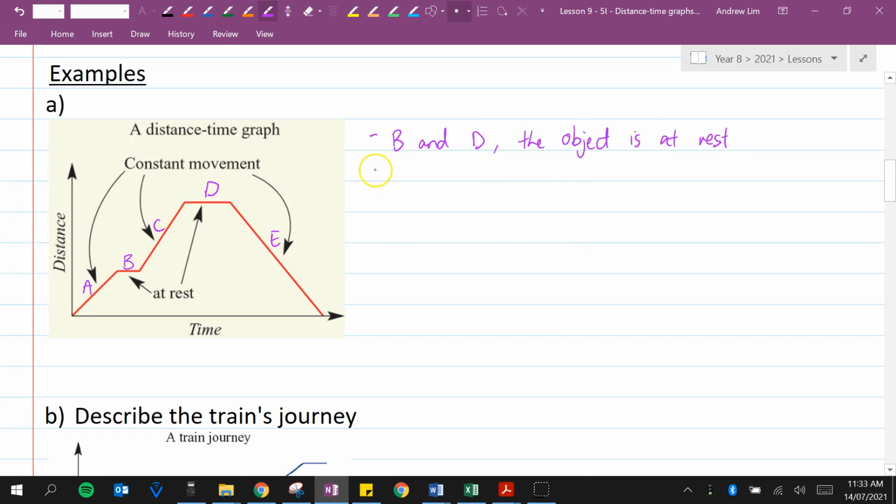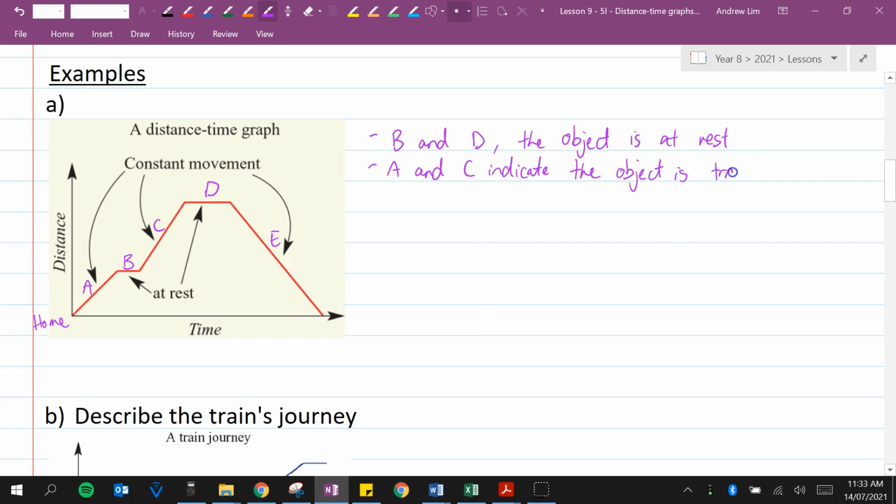A and C, it looks like they're going further away from a particular point. So let's say, for example, the point is home. You leave the house, you stop for a bit at B, and then you go even further away from the house. So I'm going to write here that A and C indicate the object